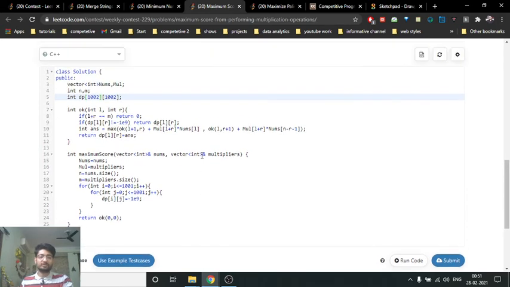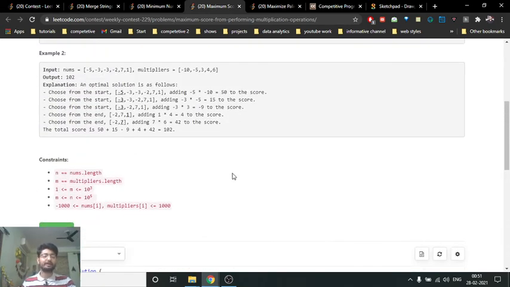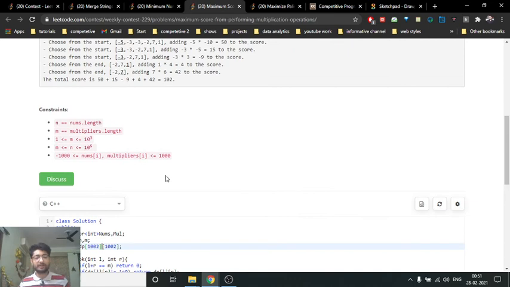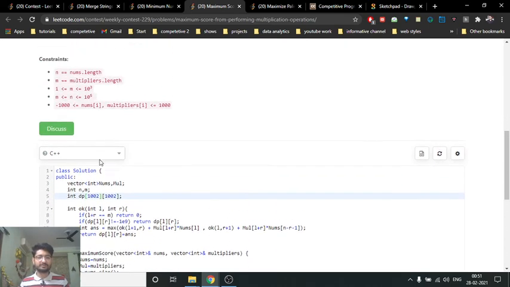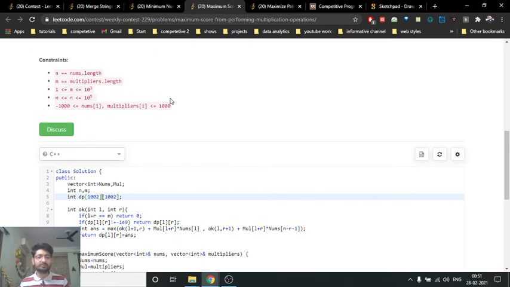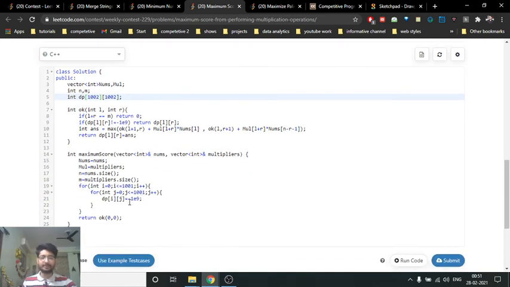Now we have to initialize my total value. Because we have to maximize my answer, I want to fill the DP table with a value which is as minimum as possible. The value can be up to 1000, or minus 1000, and the number of characters is up to 10 to the power 3. So if all the characters are minus 1000, the minimum value can be minus 10 to the power 6. So I initialize all the DP values with minus 10 to the power 9, which is a large number that cannot occur in the answer for this problem.